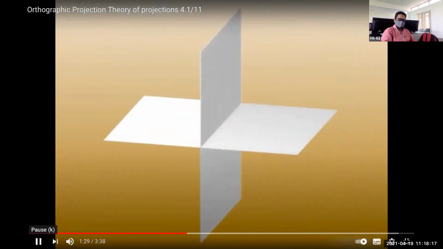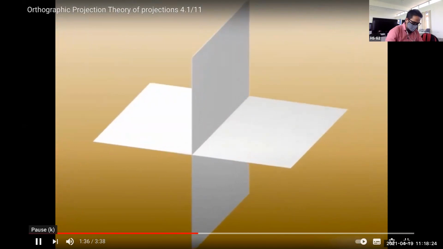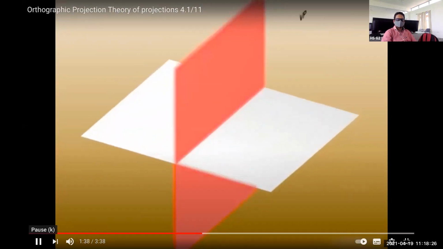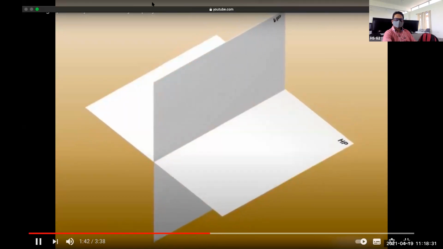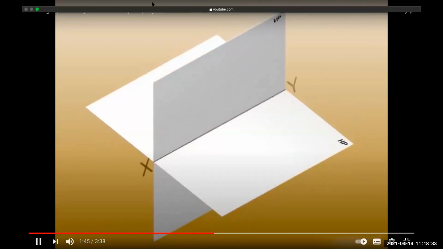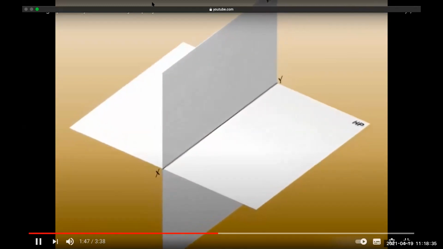Planes of projection are mutually perpendicular planes known as principal or reference planes. One of them is the vertical plane VP and the other one is the horizontal plane HP. The intersecting line XY is the reference line.